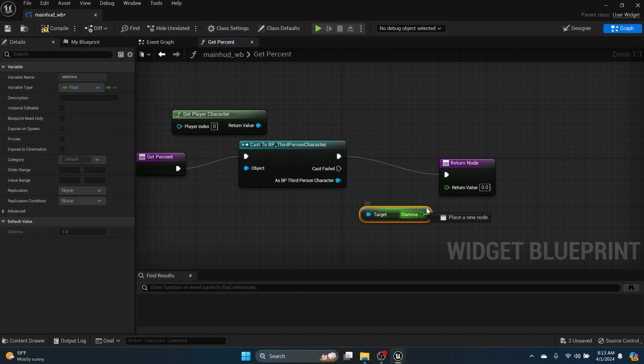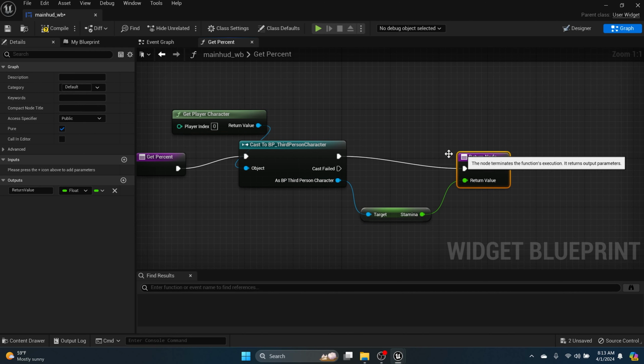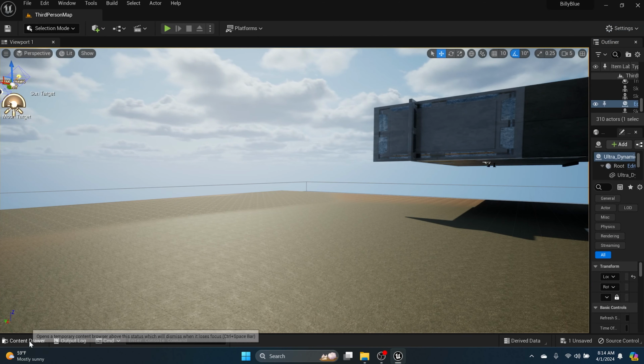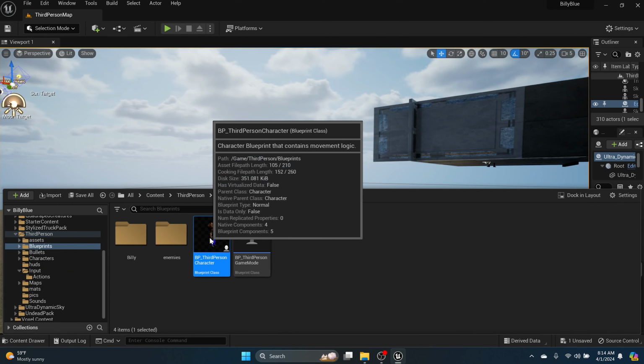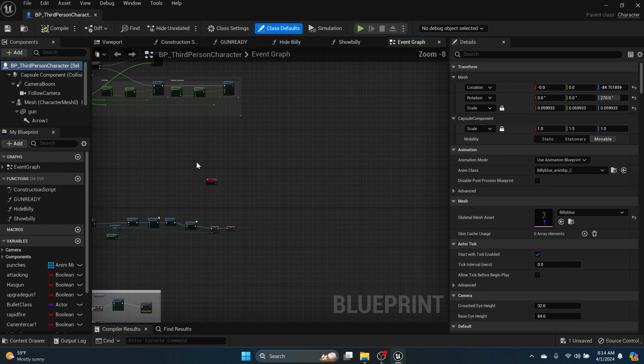And you want to hook the stamina into the return node. And that's all you need for the HUD. You can close the HUD down after you save it and compile it. Now, back to your third person character. We're almost done here. All you have to do is go into your third person blueprint